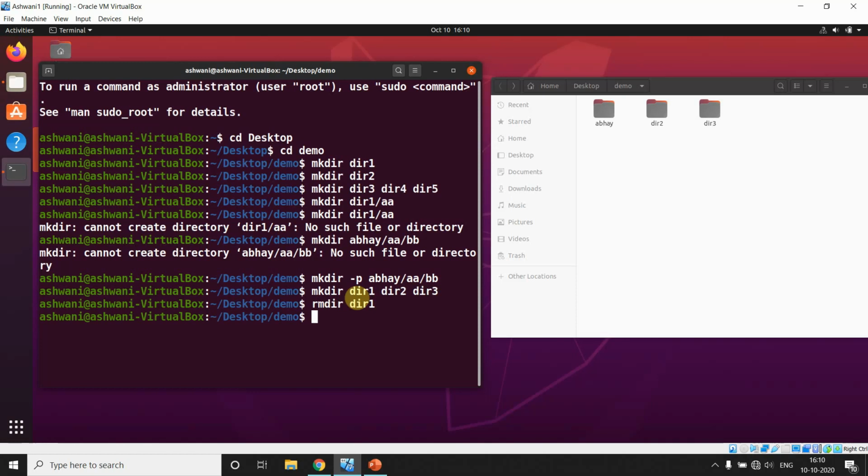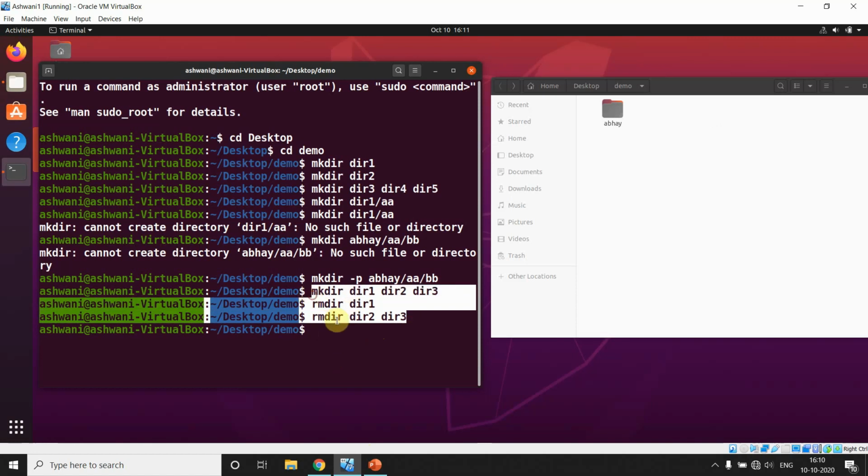And if I want to remove multiple directories, then I will say dir3, and here dir2. And I will say enter. Yes, it removed.